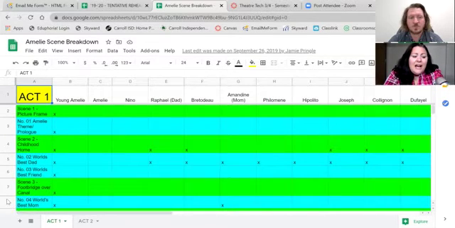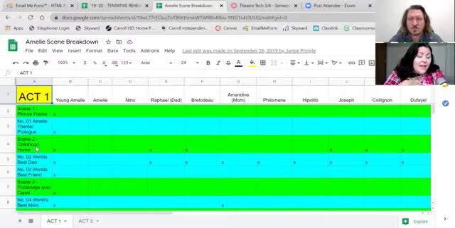And then I break it up with the musical. I go from scenes, which I've colored in green, and then songs, which I colored in blue in this instance. And that's just to keep it clear in my mind. Now, when I do this, I do it for musicals mainly because I'm looking to see who can play more than one part a lot of times.